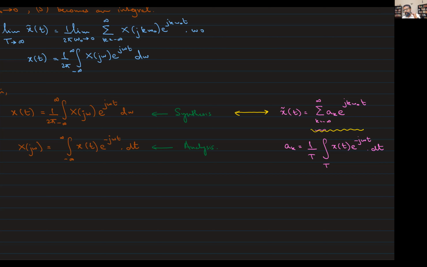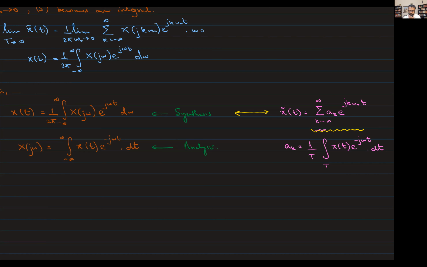As omega naught goes to 0, the contributions, because of the exponentials, become closer and closer in the frequency domain. And as capital D goes to infinity, the contribution is there not just because of a discrete set of frequencies and exponentials, but rather a continuum of frequencies. That's why this summation becomes an integral. And this goes back to the first example that I showed you, right? As capital D goes to infinity, the frequencies come closer and closer, up to a point where they become a continuum.